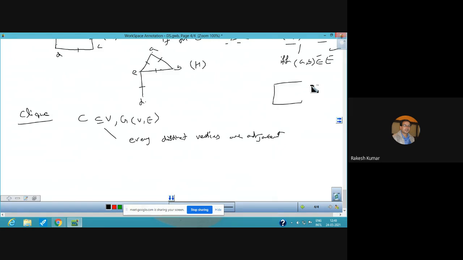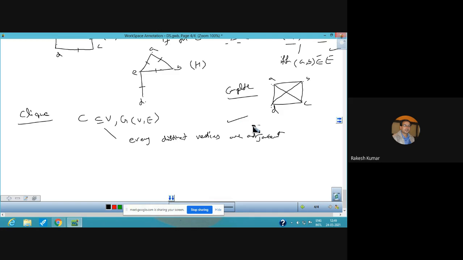Remember, now you just see the completeness meaning. This is A, B, C, D. इसमें चार vertices हैं, distinct हैं. But this graph is not complete because AC has not been joined. So for making it complete, AC are adjacent now, but BD are not adjacent, so you can make them adjacent also. Now each pair of vertices are adjacent, so this is the meaning of a complete graph. So every distinct vertices are adjacent.